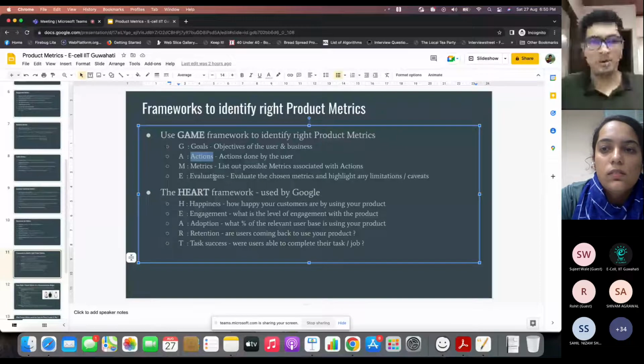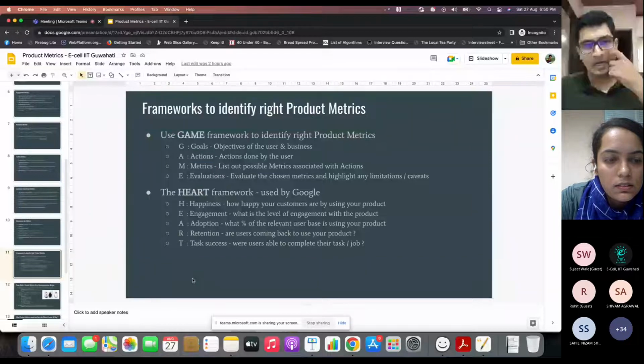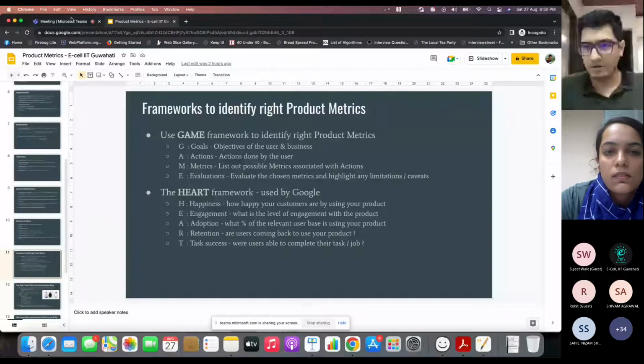And then you will have to trade off. If there are two similar metrics, you will track only one. You will try to track different aspects of your product and come up with a MECE list, mutually exclusive, collectively exhaustive. So these are the two frameworks that you can use to identify what metrics to track for a given product. Does that answer the question so far for people who had that question?